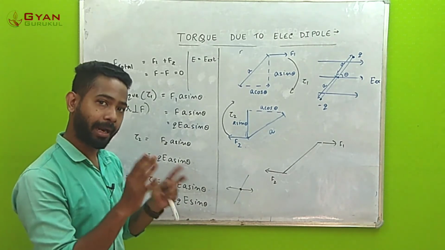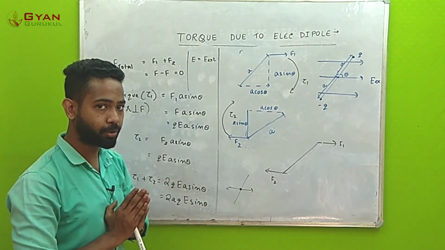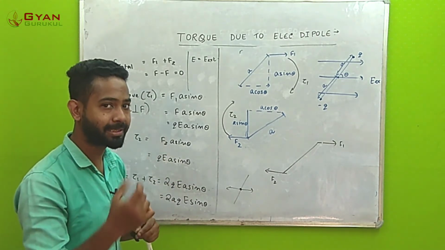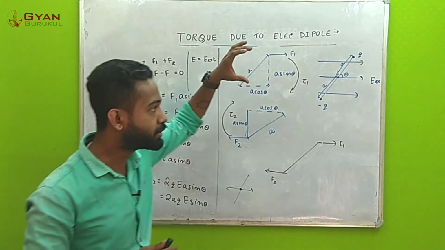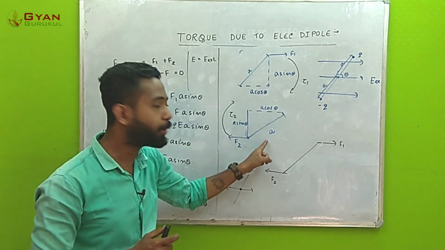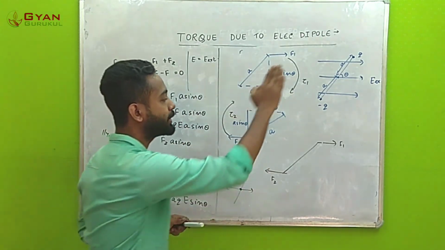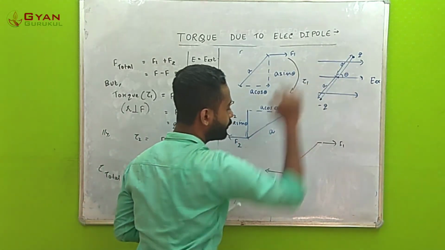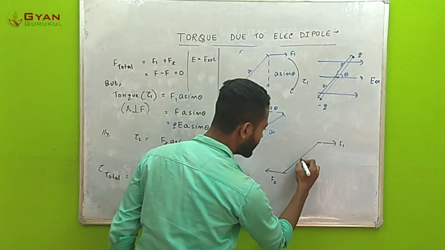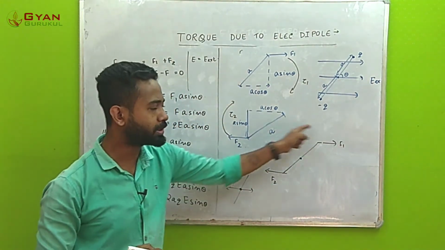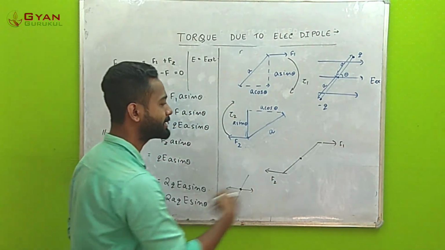That means R multiplied by the perpendicular force, or the perpendicular force multiplied by R, where R is the distance of the point at which the force is applied from the point of the hinge, that is, from the point about which it would rotate. So as you can see in the figure right here, I am drawing it over. So this is the point about which the whole system is going to rotate.